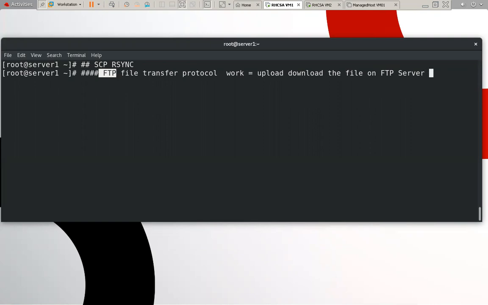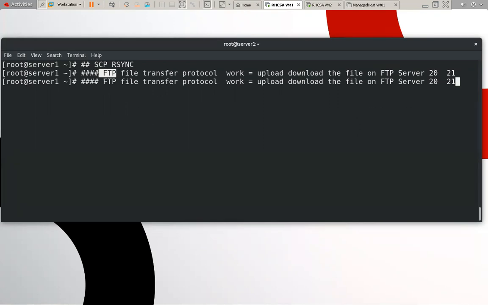It uses which ports? 21 and 20 also. 20 is for the data and 21 is for controlling. So these two ports are used with FTP.